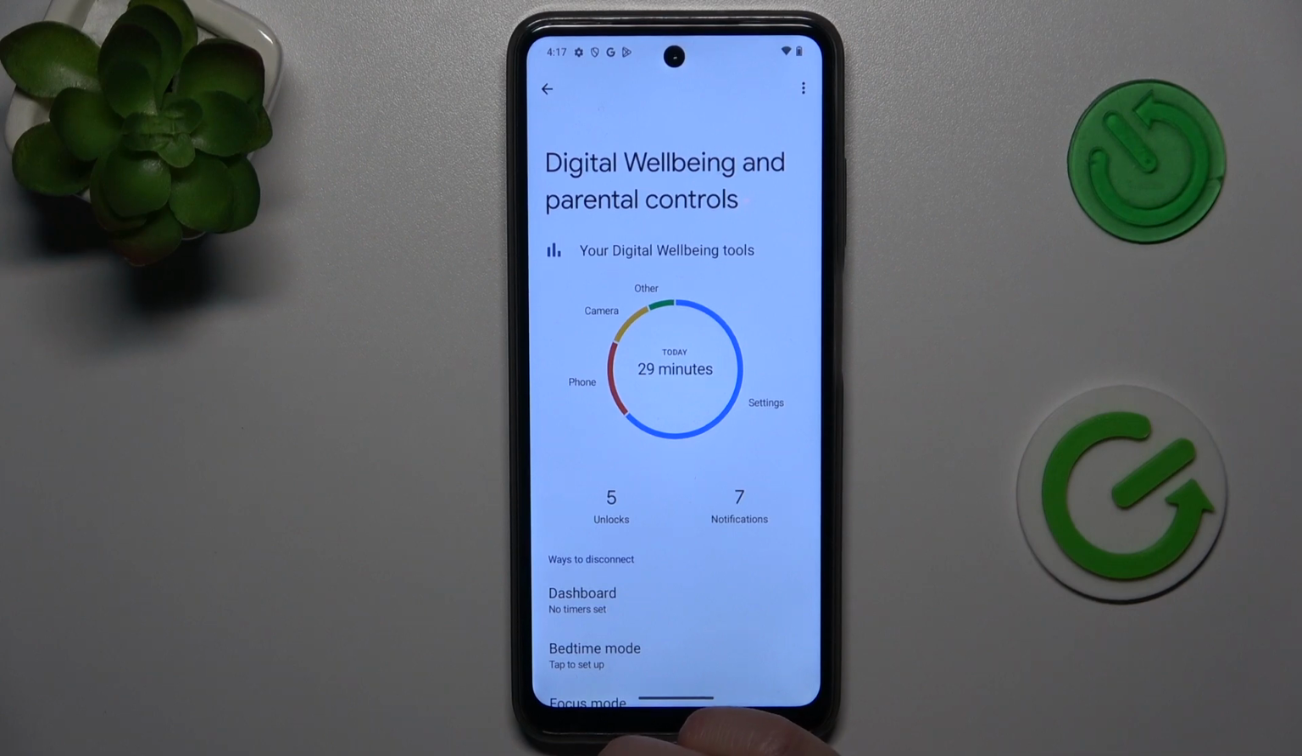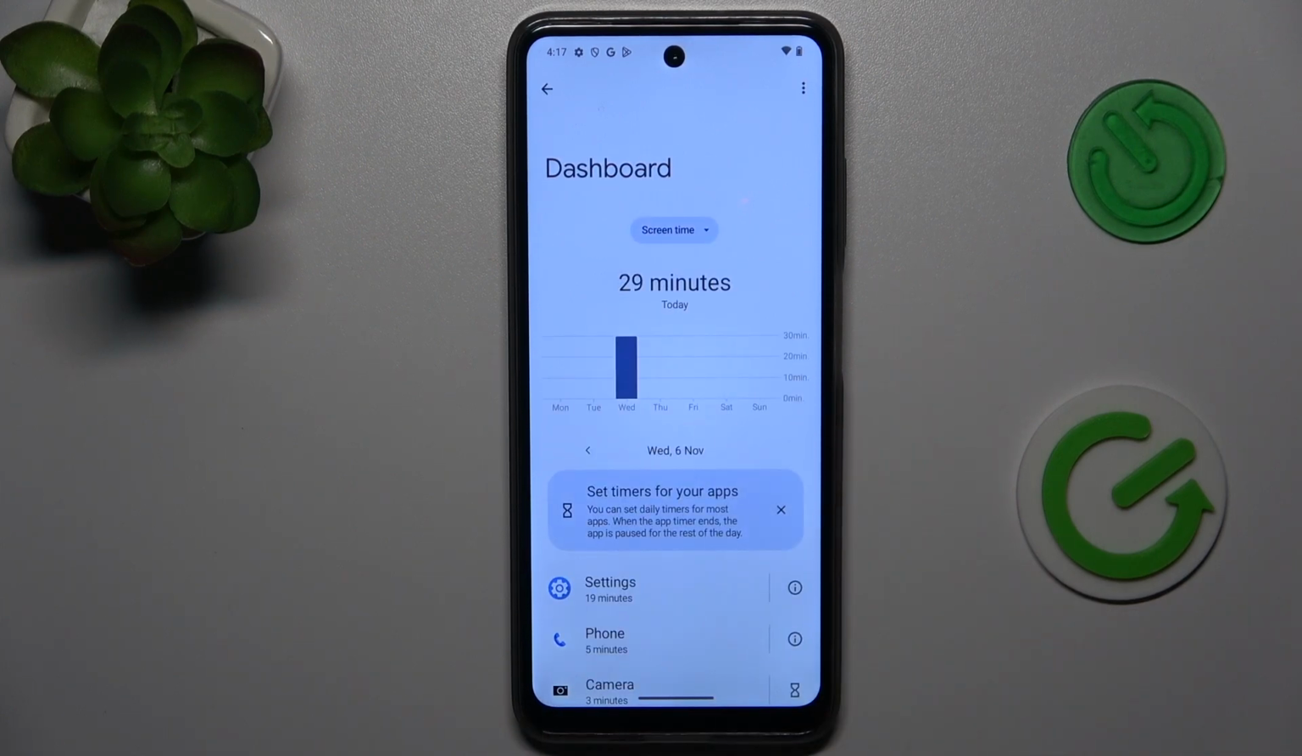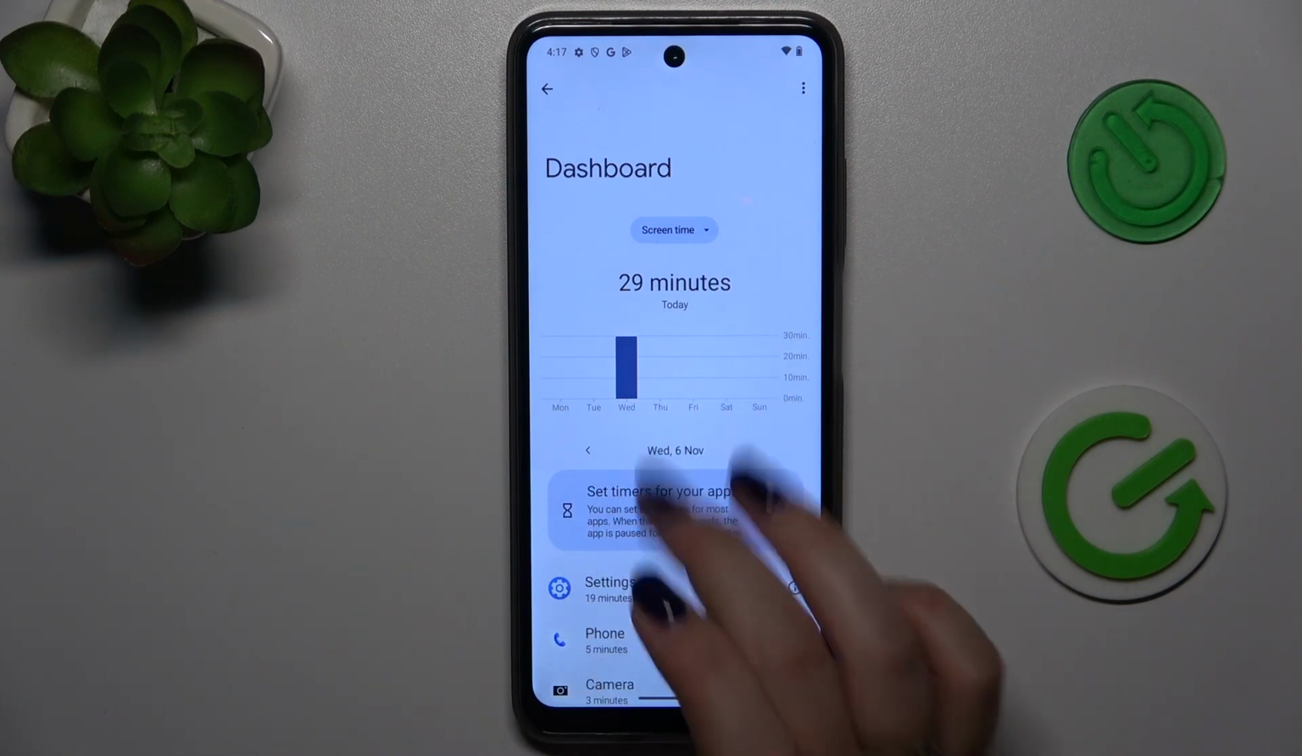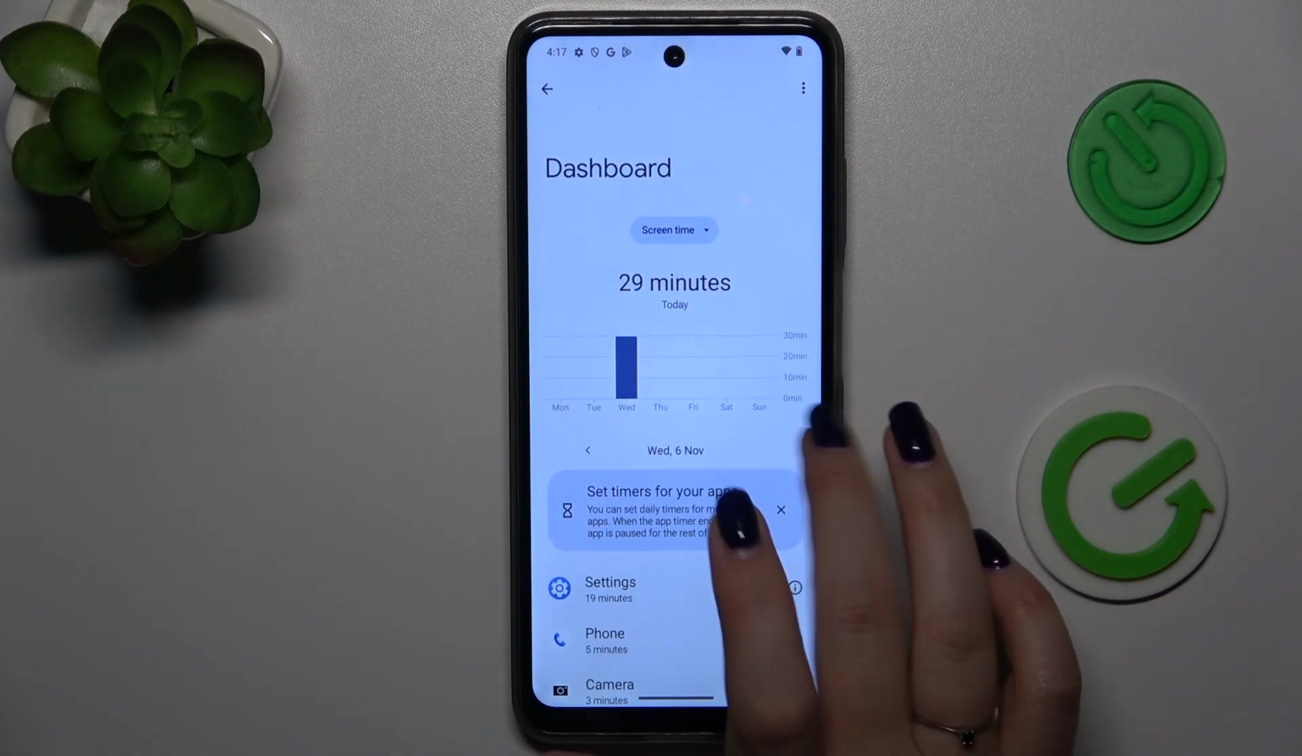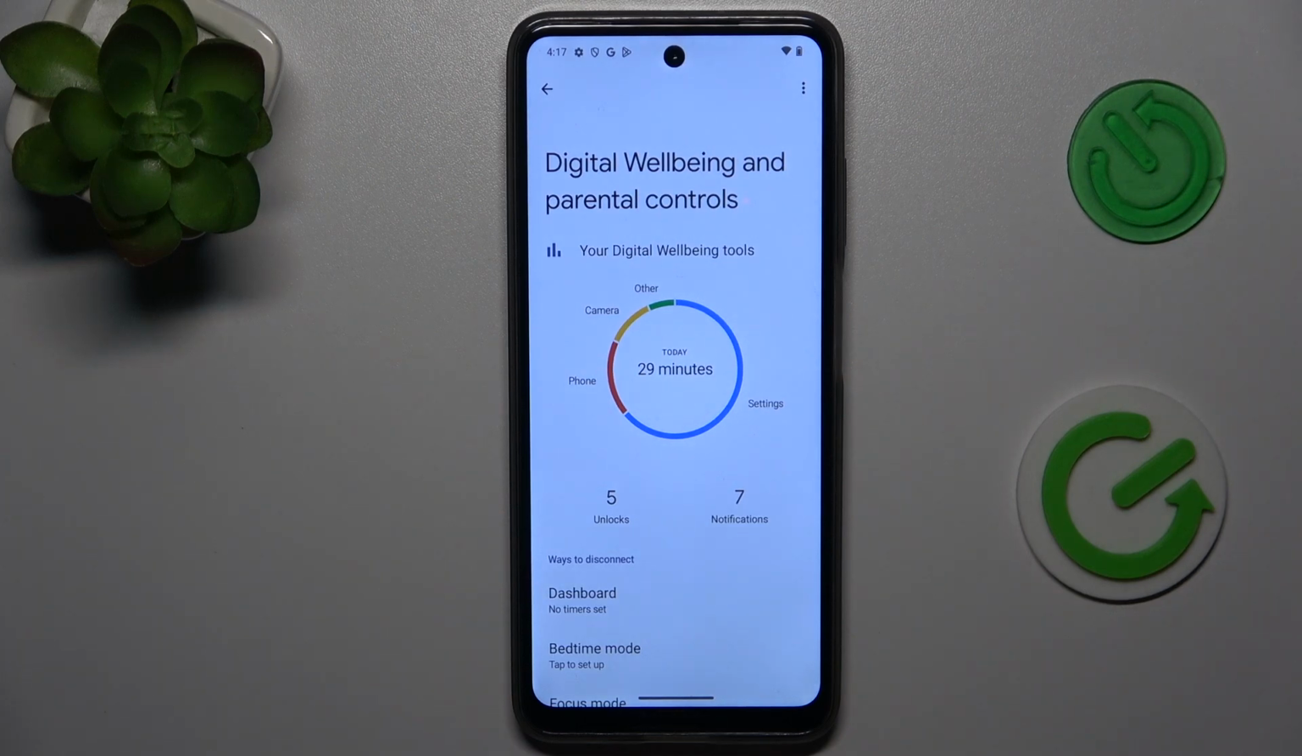If you want to check some further details, you can either tap inside this graph and it will transfer you to the dashboard where you can compare the screen time in particular days of the week. Under it you've got the list of apps which you've been using,